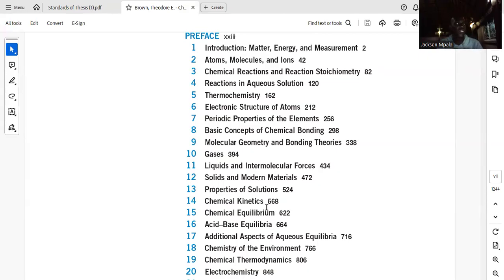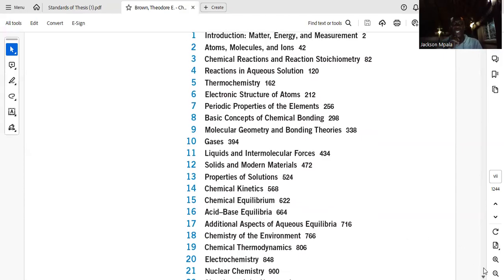That's very important, especially if you are working in the food industry, you are working as a pharmacologist, maybe as a pharmacist, the mixing of medications and so forth. So look into that issue, then the acid-base equilibrium, then additional aspects of the aqueous equilibrium, the chemistry of the environment. I mean, I'm getting excited. These are very powerful types of topics that you are seeing in front of you. So we must begin to understand the different types that have been presented.